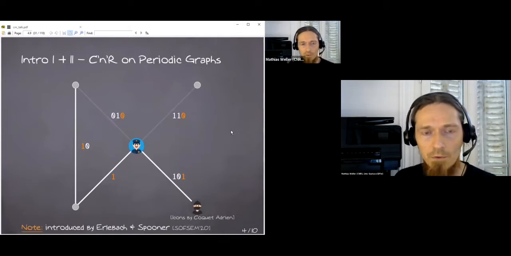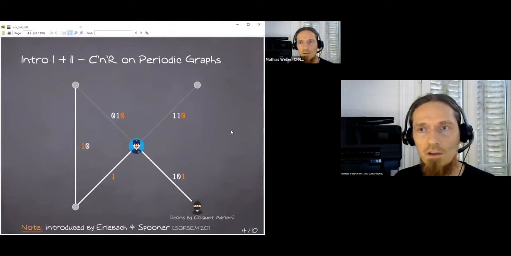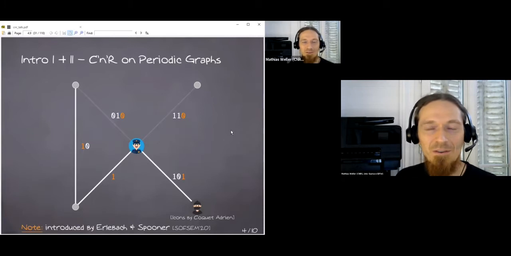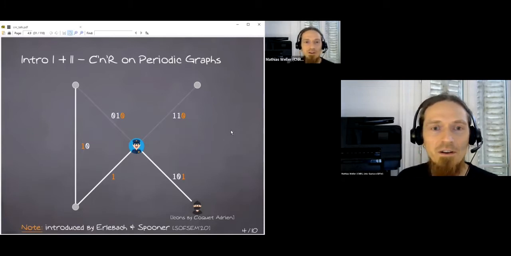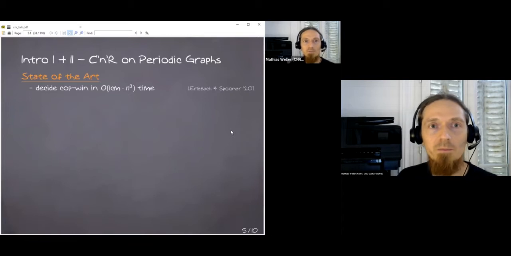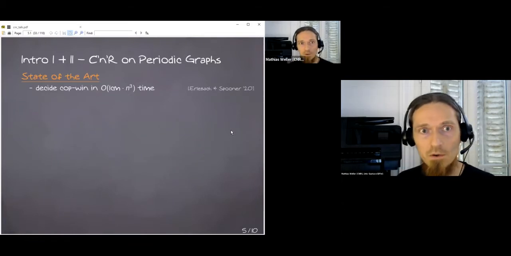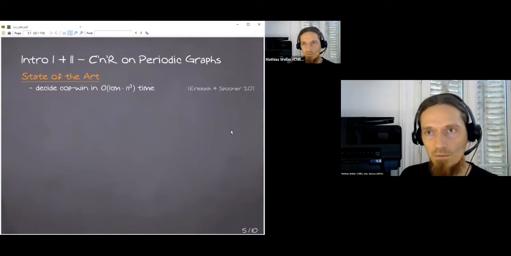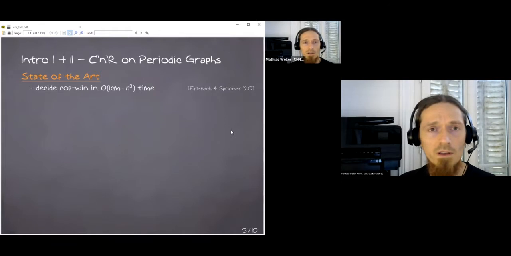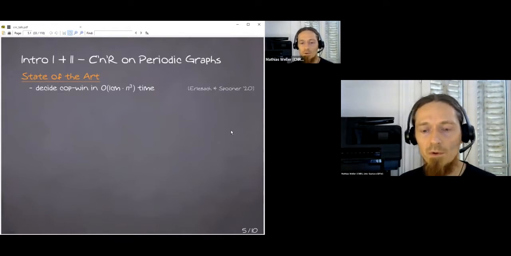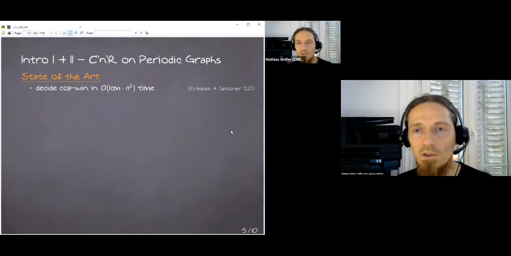So we first heard about that game, and I think they actually invented it. Thomas probably knows better than me. At SoftSim 20, Thomas and Jacob presented an algorithm that decides whether an input edge temporal graph is cop-win, so if one cop can catch the robber, in time lowest common multiple of all the sequence lengths times n cubed. But they left open the question whether this decision problem was NP-hard or not, which